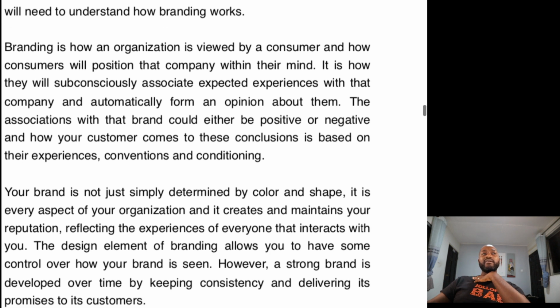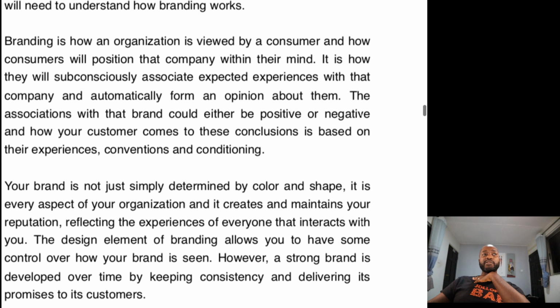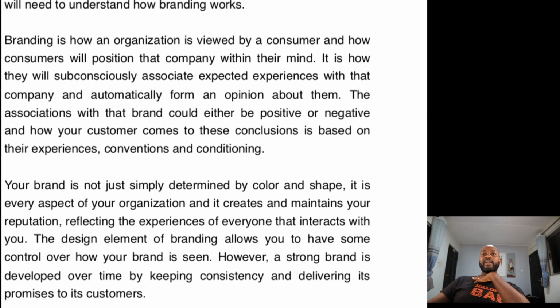So your brand is not just simply determined by the color, the shape. It's everything that people connect with you. So it's how your people think about your brand. It's the smell people think of if your brand is a food. It's like, what do they smell when they think about your brand? It's how comfortable it is if they come into your showroom. It's everything that comes together to give people a perception as to what you are or who your brand is